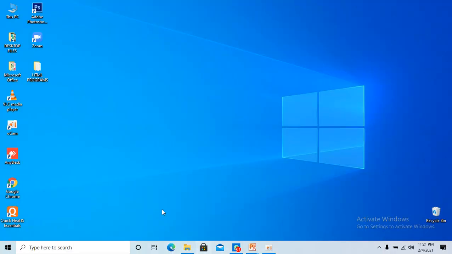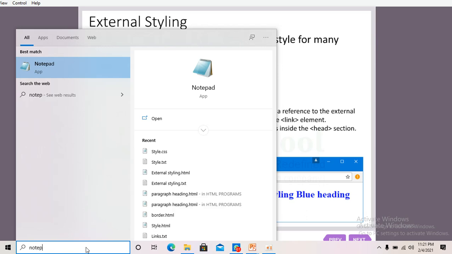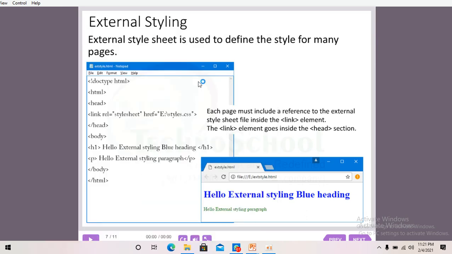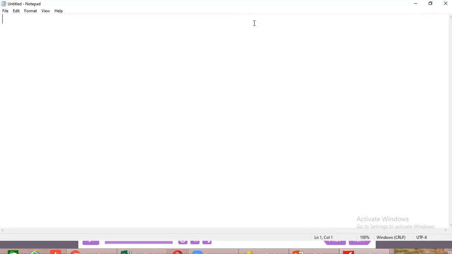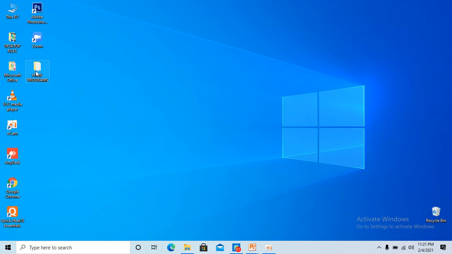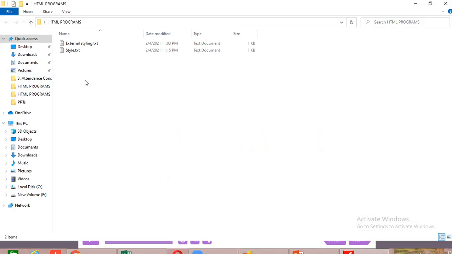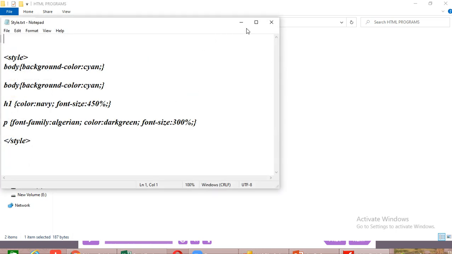First, go to the notepad file. So, first type notepad. Here we would type the program, but I have typed it already. Let's see that program first. As I said already, we are going to use two files. First, we are going to create the style alone. So, I am opening this style program with the notepad.